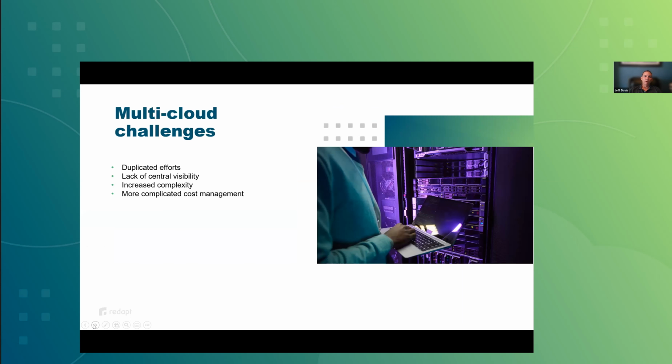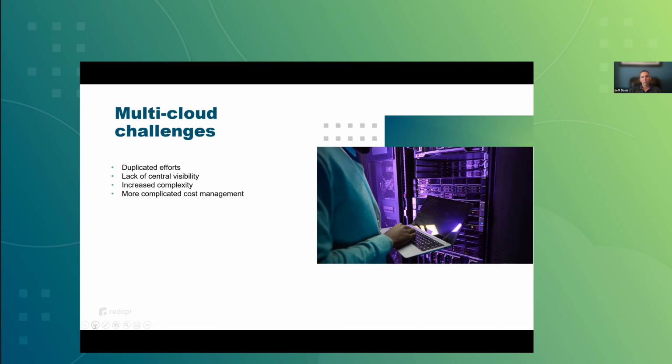With that said, there are some challenges that arise from a multi-cloud implementation. Obviously duplicated efforts. If you are, for instance, mitigating the outage risk, that means that you're going to be implementing similar or the same solution in multiple clouds. That's going to create duplicated efforts, right?